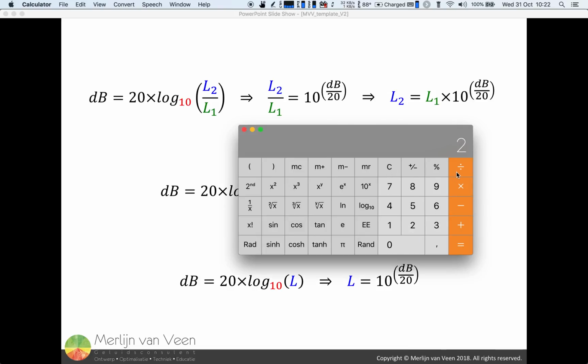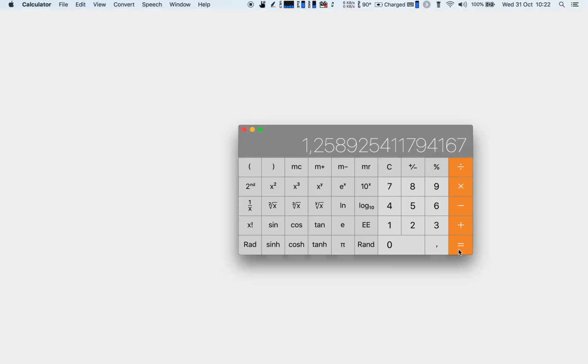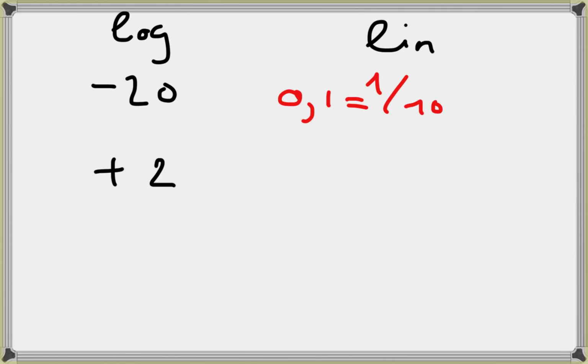What is 2 decibels divided by 20? Well, that is 0.1. So we are looking for a value that is equal to 10 to the power of 0.1. So here we go. 10 to the power of 0.1 equals, oops, typo again, 10 to the power of 0.1 equals 1.2589, and so on and so forth. So why don't we note this number on our whiteboard, and let's call it 1.26. So on a linear scale, the plus 2 value becomes